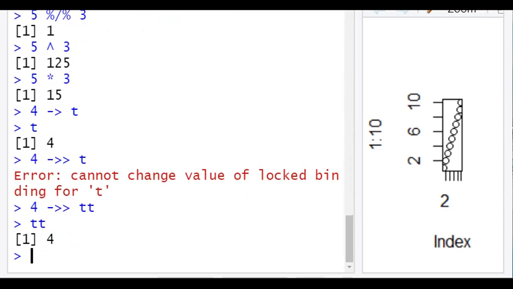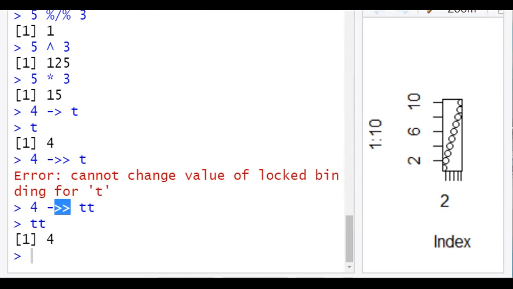So TT gets assigned. So this TT is a global variable. Okay. So for a global variable, 2 times this less than or greater than symbol should be added. So the direction can be in any way.